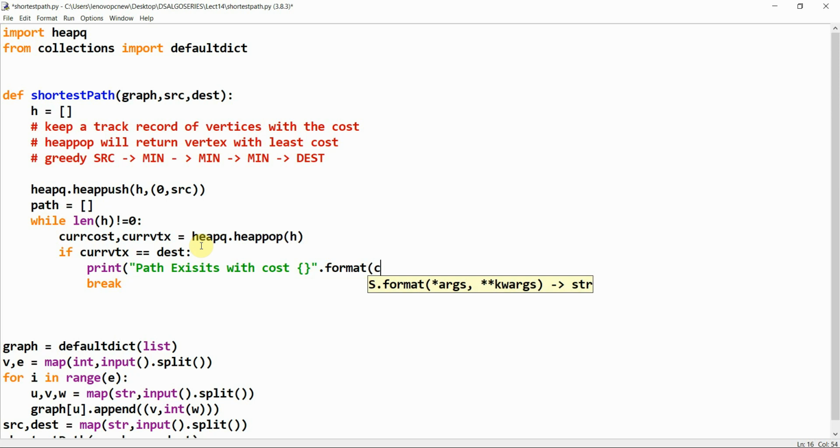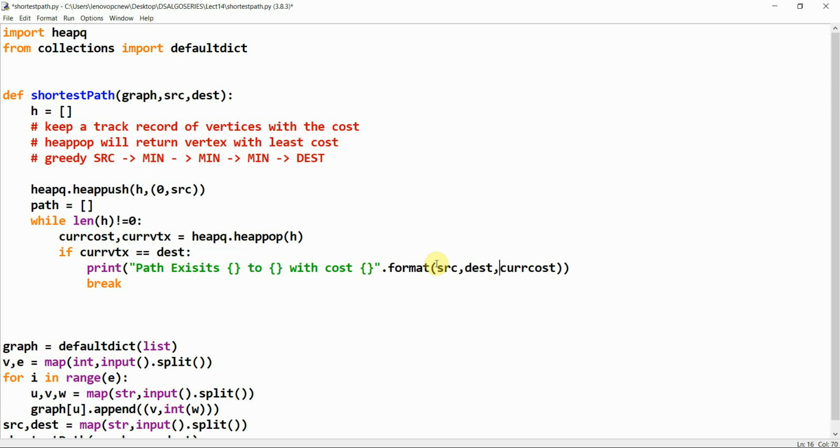You can say current cost. Okay. So either we can do like this also, source, destination. So this would return the